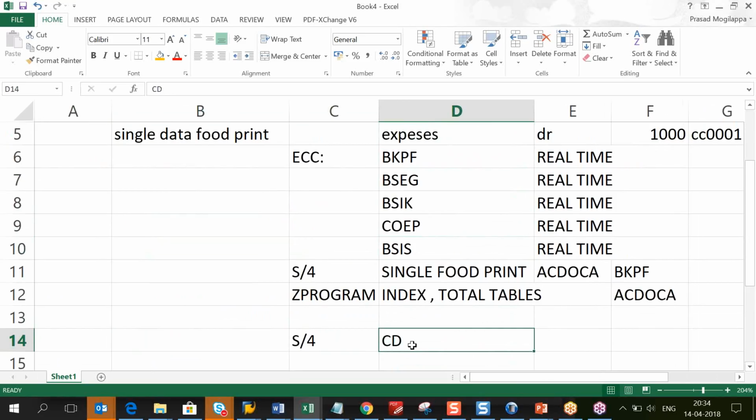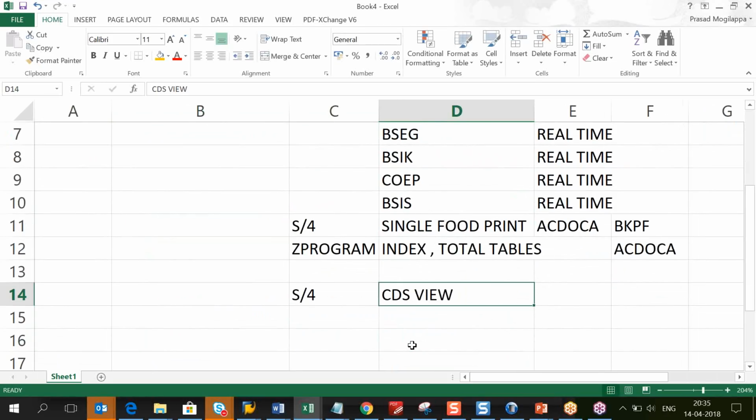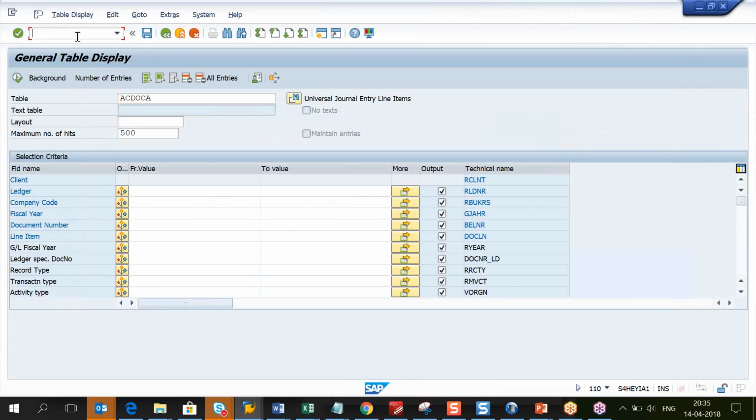Whenever you're migrating your system, there is a concept called CDS views. Whenever I'm activating the S4 HANA component, all these tables will become CDS views because of this concept. This technical configuration within the program will enable you to convert your system process. Let's take an example, if I go to any table,